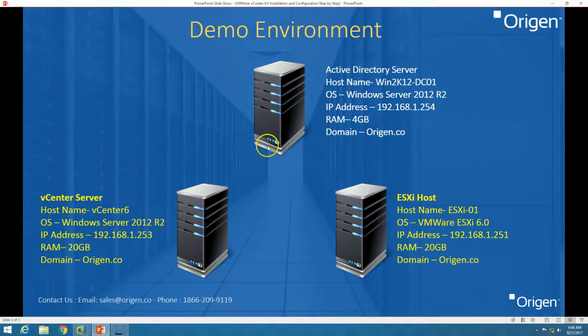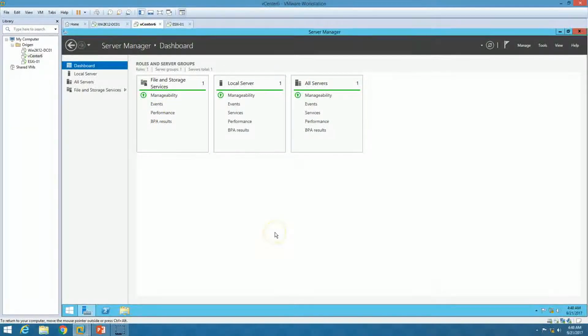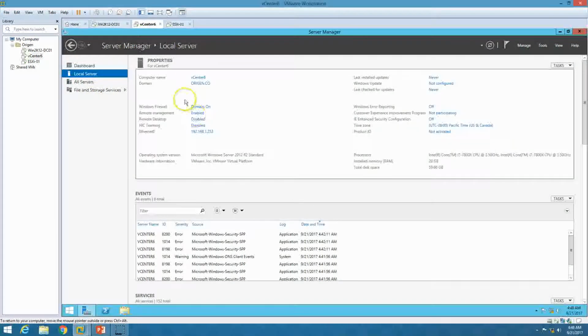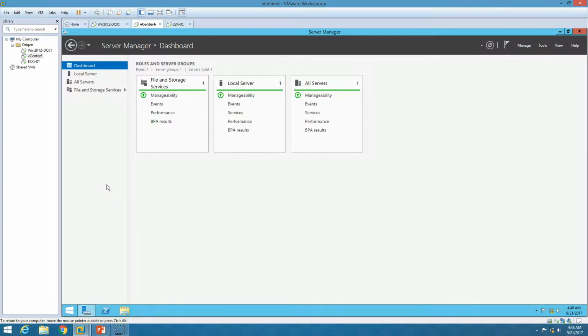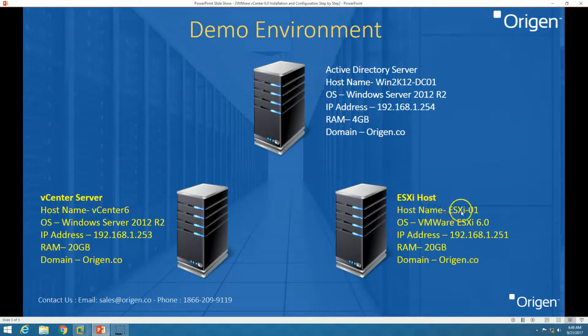The second machine is vCenter 6, which is joined to my domain, horizon.co. It is a fresh machine on which we installed Windows Server 2012 R2, renamed it, and joined it to the domain after configuring the IP address. You can see it has 20 gig of RAM. Make sure you have at least 8 gig of RAM to install vCenter 6.0, which is the minimum requirement. And the last machine is the ESXi host, ESXi 01,